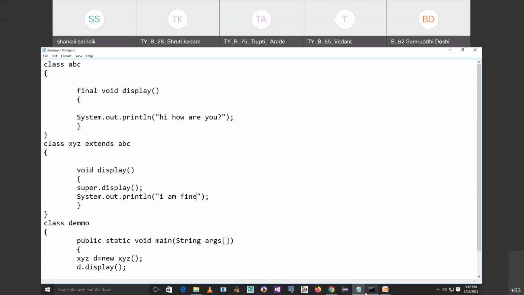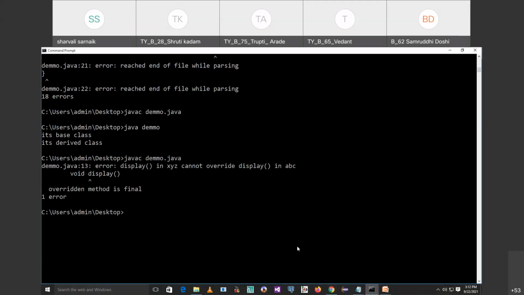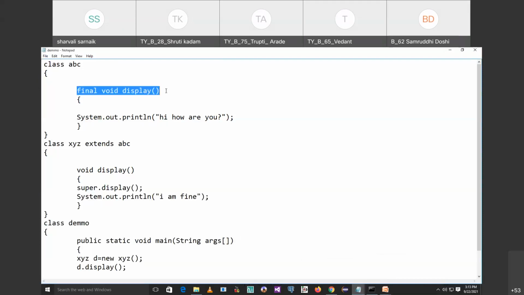Let me show you. I will run this code. See, it is showing the error that display in XYZ cannot override display in ABC because overridden method is final. So if you are taking a method which is declared final, then we cannot override that method in any class. That we call a final method.